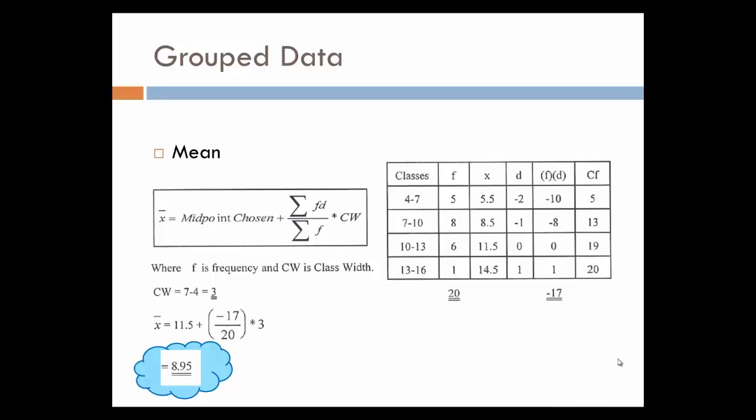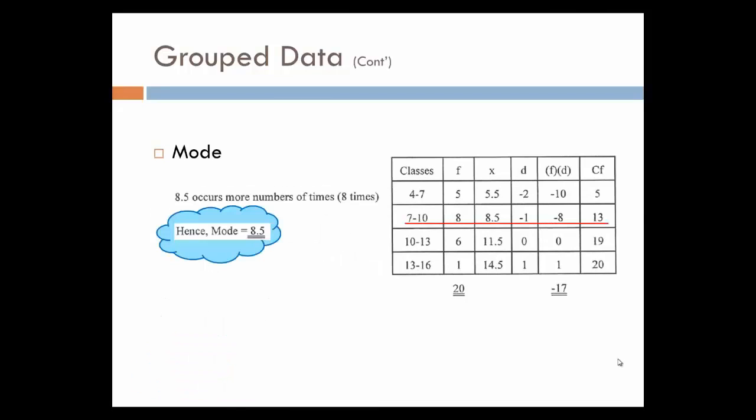And you can see also, if we want to pick the mode, the mode means where you have the most number of persons. Well, we have 8 in the second row. This 8 in that second row, the mode is not 8. It just helps me to identify the mode. The mode will be 8.5. That is the L, the lower limit, that is 7, and the upper limit 10. If I add them together and divide by 2, I will get 8.5. So my method saves you from having to do all kinds of